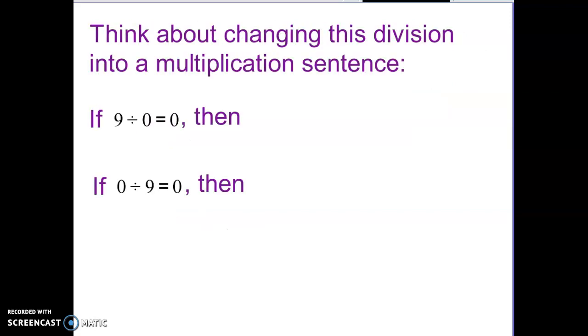So let's look. If we think about changing our division sentence into a related multiplication sentence, that might help. So if 9 divided by 0 equals 0, right? Remember, I've got the quotient over here. So when I want to check, what do I do? I take the quotient and I multiply by the thing I divided by, the divisor, and I should get the original number as an